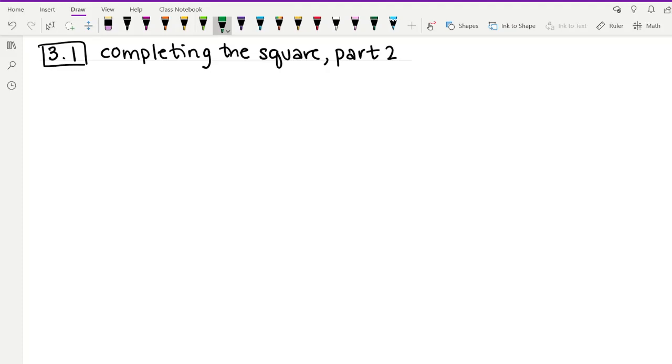Hi everyone. So in this video, we're going to be continuing to talk about completing the square. In the last video, we saw that completing the square is a process that can take a quadratic function from being written in standard form to being written instead in vertex form. So in this video, we're going to be focusing on the same thing, but specifically we're going to be looking at completing the square